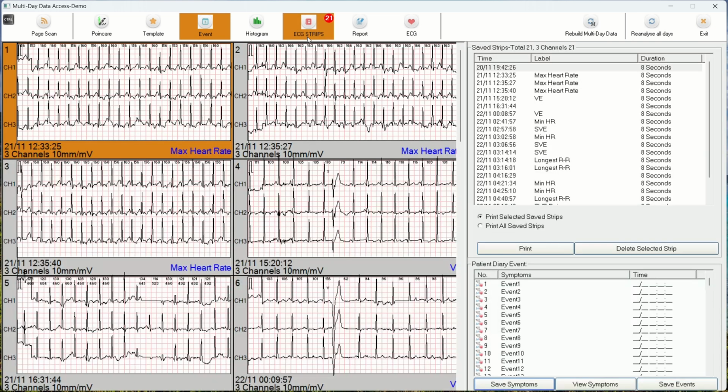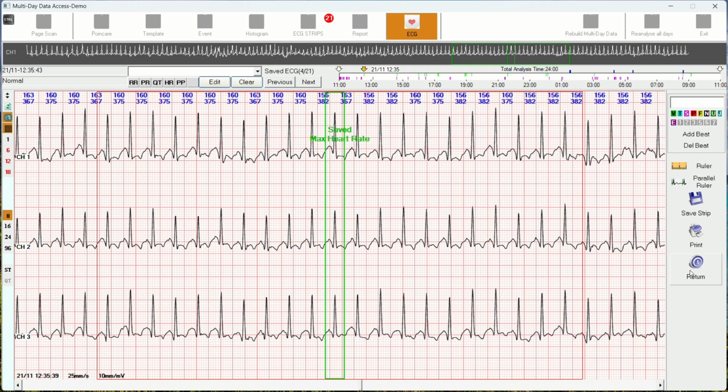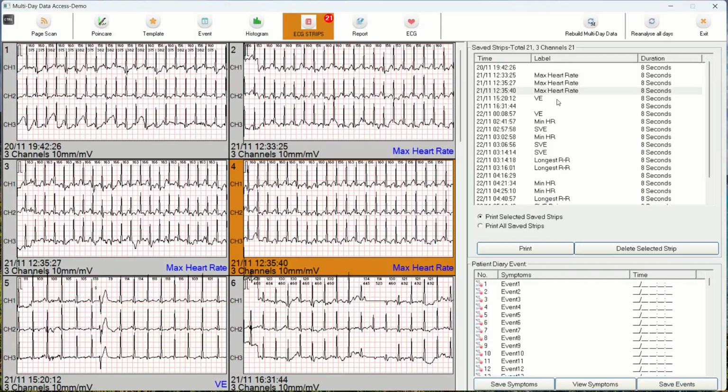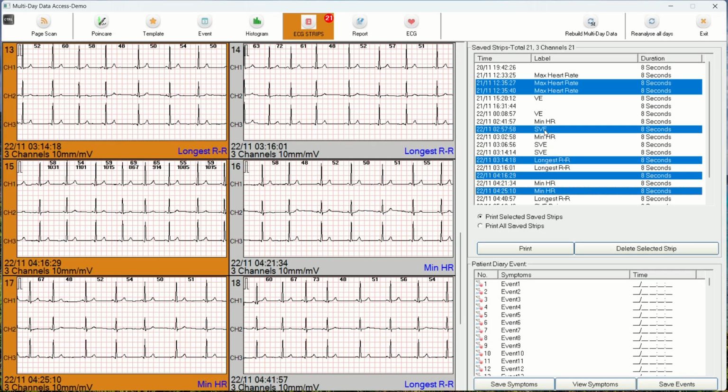Next is ECG strips. These are all of the strips that we have saved, and it automatically saves the minimum heart rate, the maximum heart rate, and so on. We can also select them like this to view them, double click as well to see them. We can also select using control like this, and we can choose to print the selected strips or delete them,